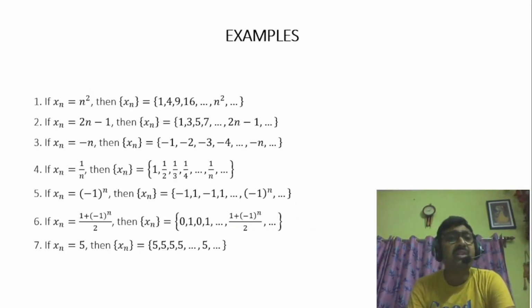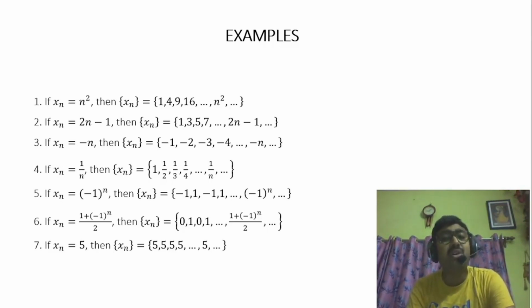If we consider our example again, look at the first example, xn is n square. So the terms of the sequence are 1, 4, 9, 16. That means the elements gradually increase. That means it has no upper bound, so the sequence is not bounded above. Clear? But if we consider example 3, xn is minus n, then the elements are minus 1, minus 2,